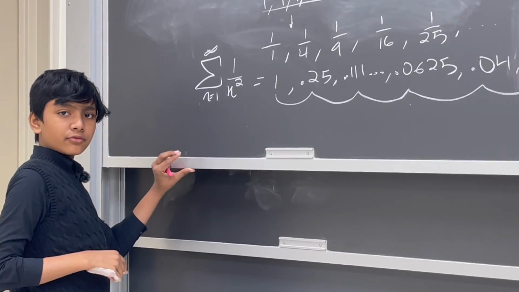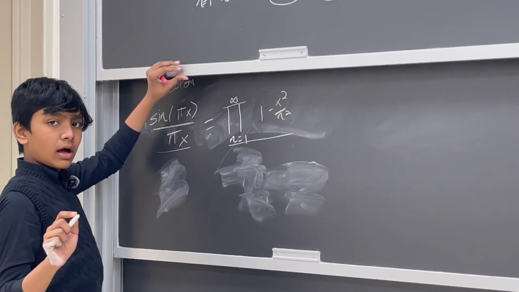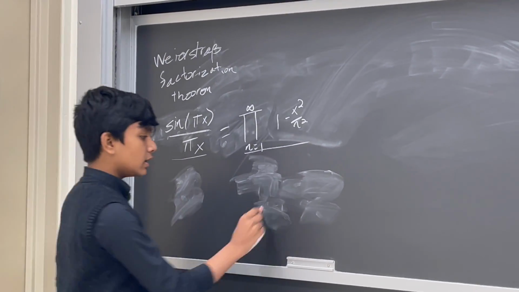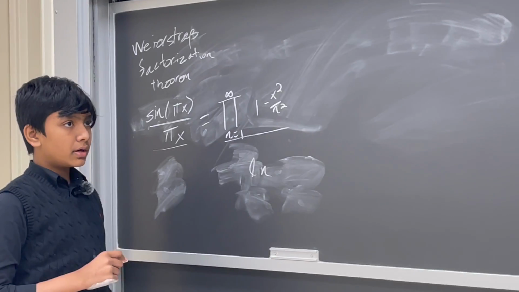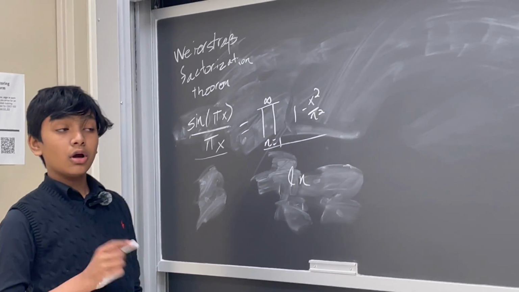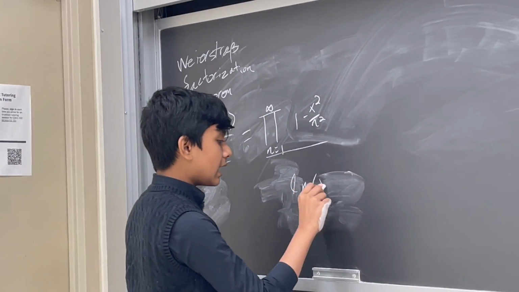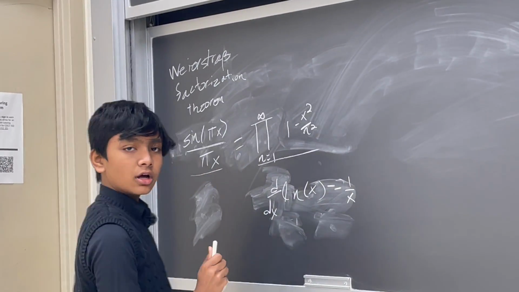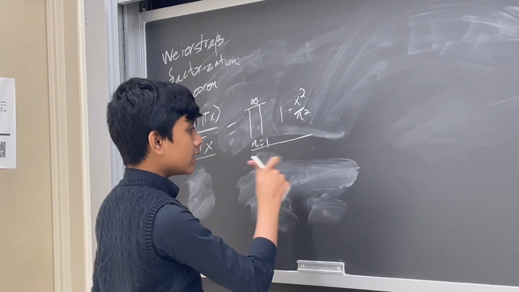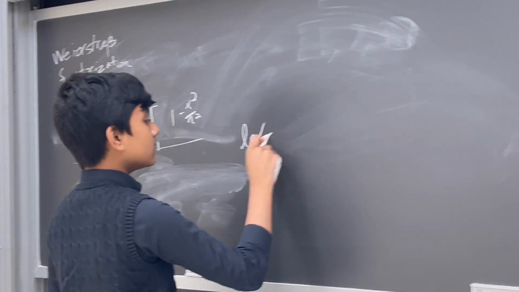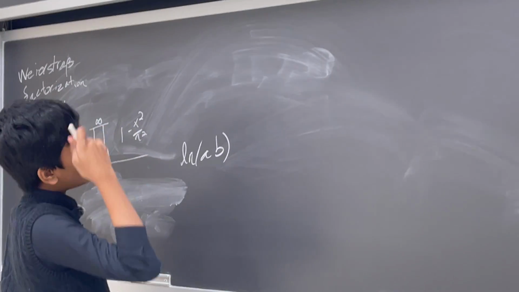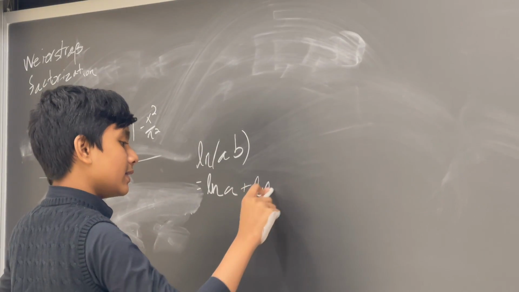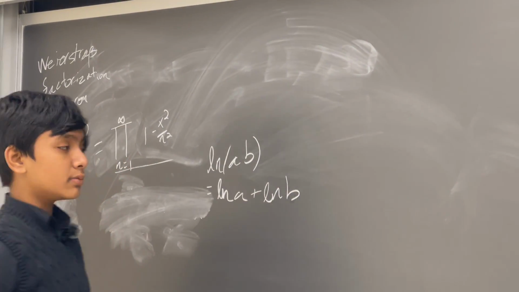So, how can we convert from a product to a sum? Well, luckily, logarithms have us covered. For some reason, the source I'm using uses natural logarithms, but I don't think it really matters what you use. Oh wait, it does, because using natural logarithms gives you this nice formula. The nice thing about it is that the natural log of a times b is equal to the natural log of a plus the natural log of b. Core property of logarithms right there.